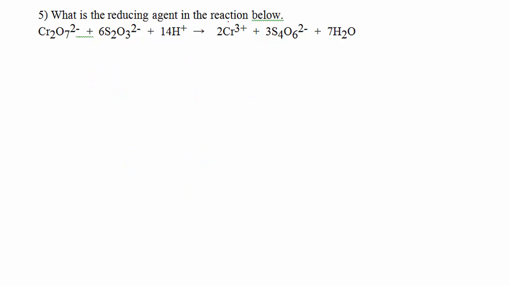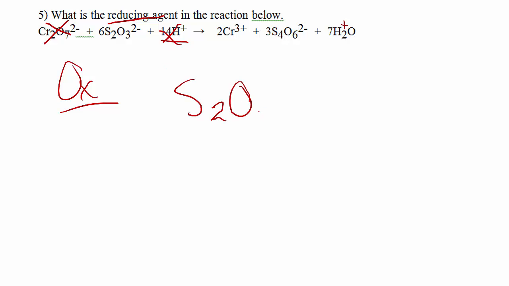All right, same reaction, but what is the reducing agent? So it is the thing that gets oxidized. All right, what gets oxidized? Well, you can do a process of elimination. We already know that that got reduced. And H plus stays H plus on both sides, so it can't be that. So process of elimination would tell us that it would be the S2O3 because it became